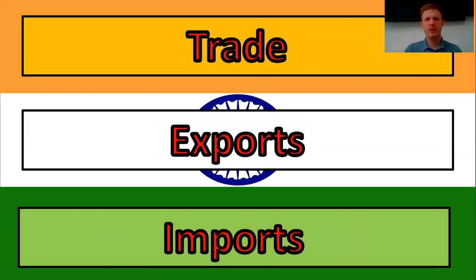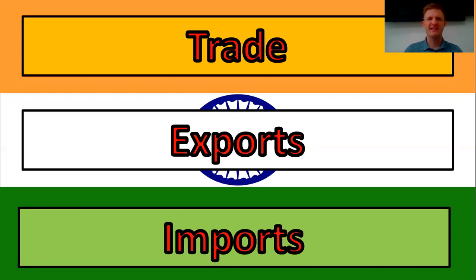On now to the next keyword, trade. Trade is when you buy and sell something. It's usually a mutual agreement between countries, and you might do it with friends. You trade stuff. So I'll give you my Xbox, and in return, I'll swap you for that laptop that you've got. So that is a trade you can make. There's sometimes money involved, or it can be goods that are swapped between countries.